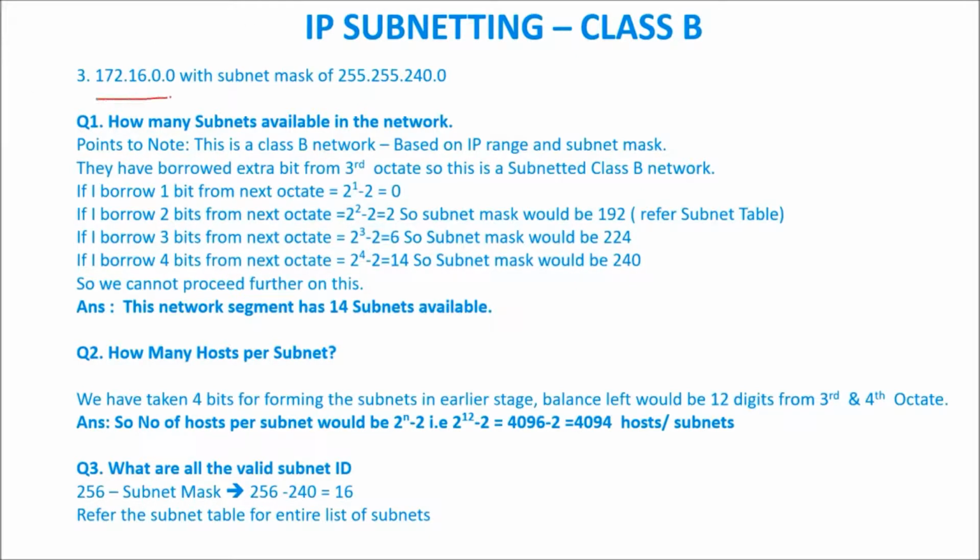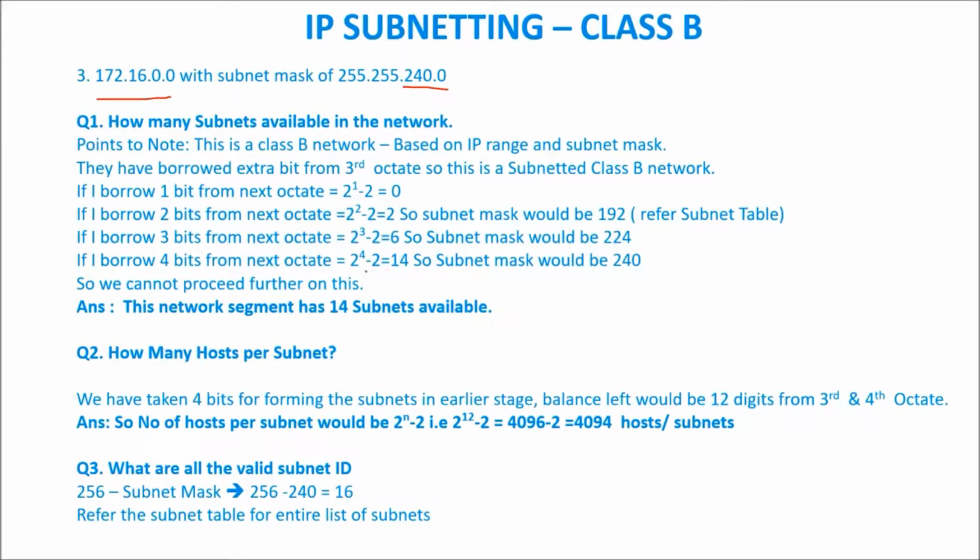So same subnet, I'm taking 240 as an example. The subnet mask is getting changed. So since you have gone through multiple things, you have to directly say how many bits you have to borrow. So for 1 bit 128, 2 bit 192, 3 bit 224, 4 bit 240. So you can directly say I will borrow 4 bits, right? I require to borrow 4 bits for getting this subnet mask.